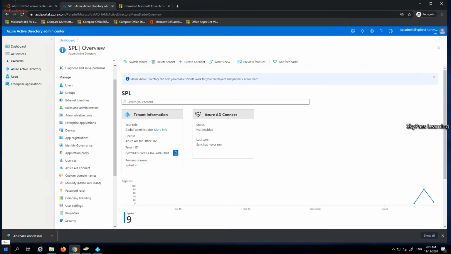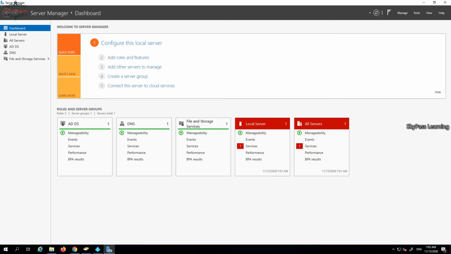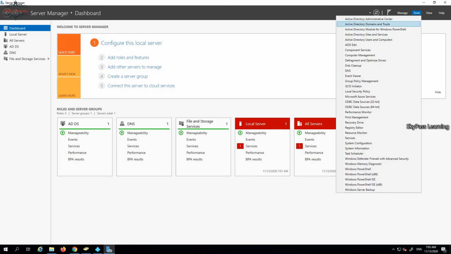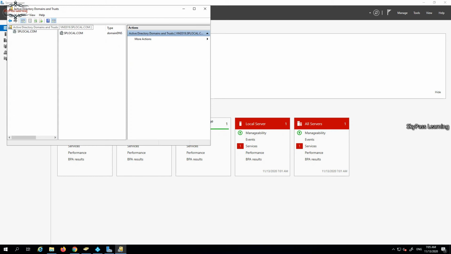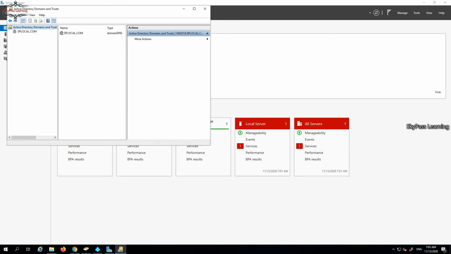So I can just open my users, and add domains and trusts. Okay, I just opened this. I'm going to my domains and trusts to add my new UPN. Just click on this, and in the properties I'm going to add my domain, that is spltest.in, as a suffix, because I have this account in my cloud. So I just added it here, closed, and okay. So now I have an account which is available and added here.